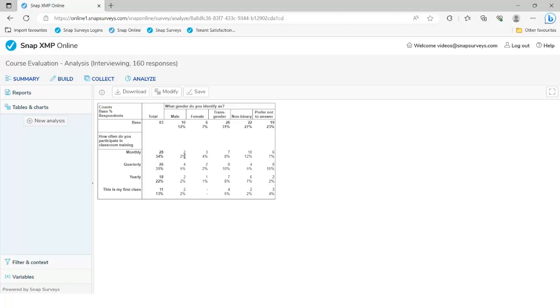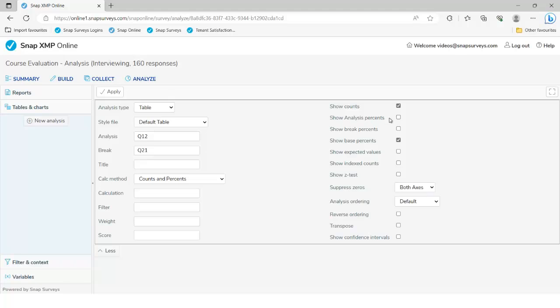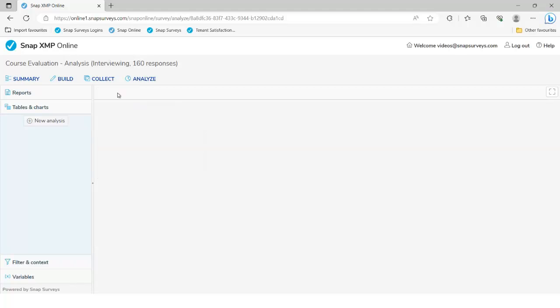Now we could introduce a third question. Actually, I'm going to go back to break percents, and we could say with. So question 21 was the gender question. Question 20 is then the age question. So gender with age. So with will effectively sellotape a second table